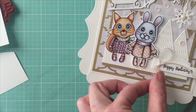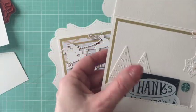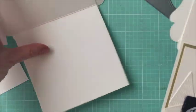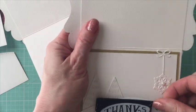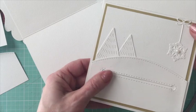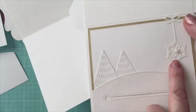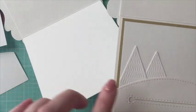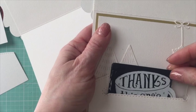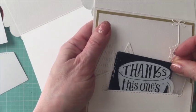Okay, so now the front of our card is done, and we're going to move on to the inside of the card. And I like bringing the same elements that I use on the front on the inside. As you can see, I'm using the heel as well, and the 2 trees, and the other one of my snowflakes. So first thing, for the heel, we'll need to create a space here to create a pocket for the